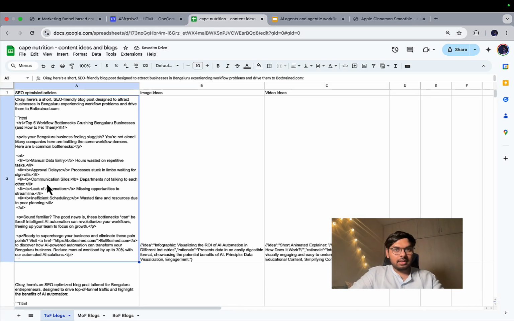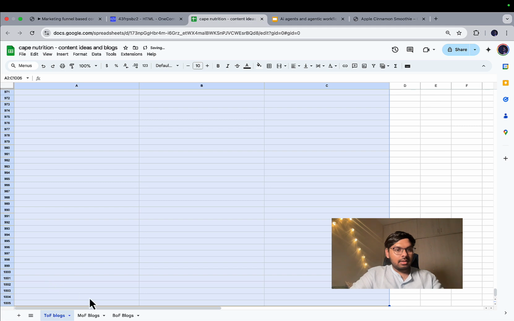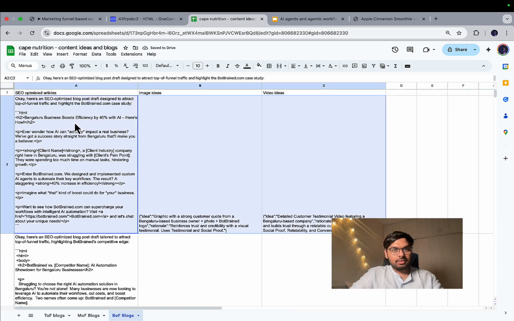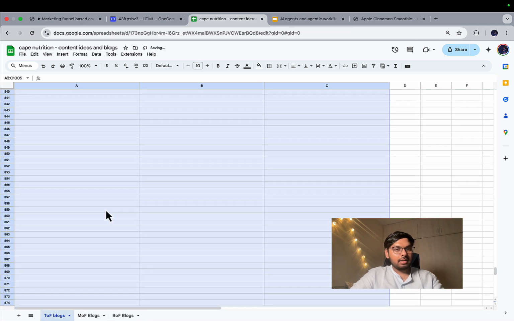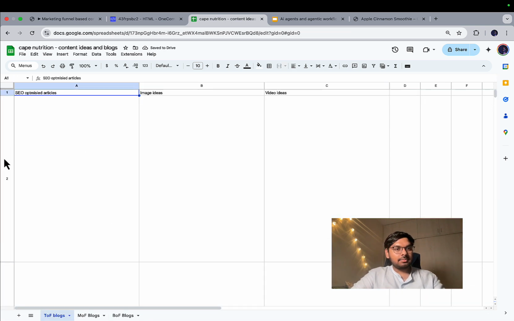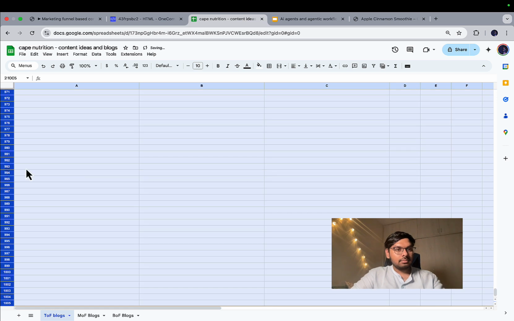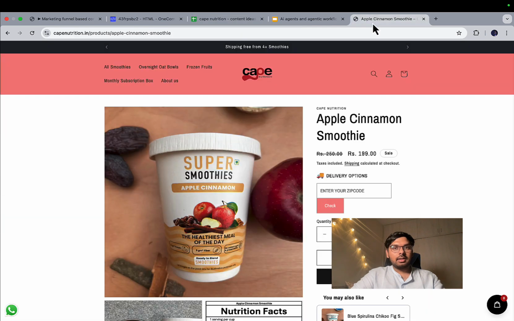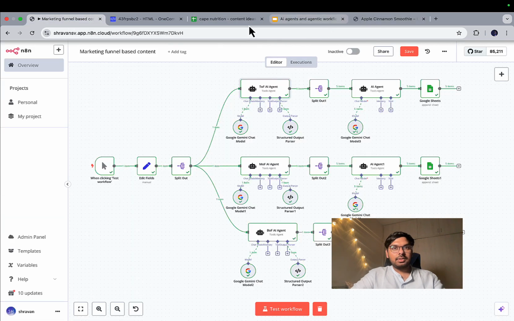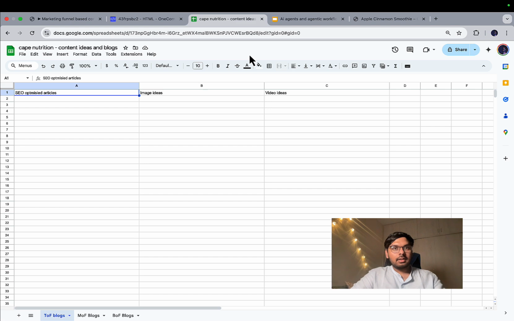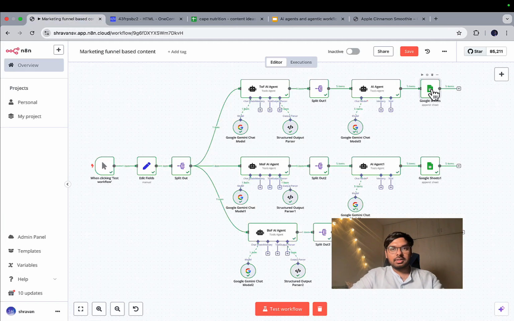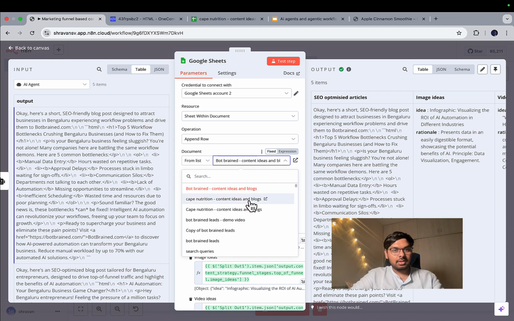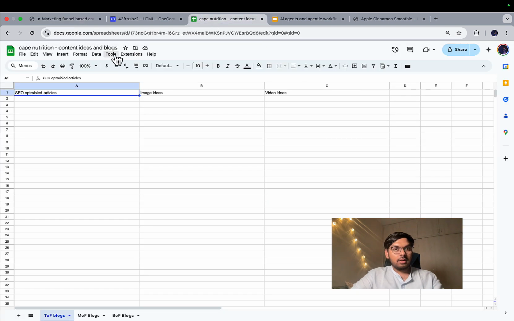I will clear all the content from this page, and here as well, and bottom of funnel as well. So you see, I have a clean sheet with headers, and then I use this URL to set up the Google Sheets, because I want the end writing to be happening on the Google Sheets that I have, that is Cape Nutrition Content Ideas and Blogs. Let me name it as